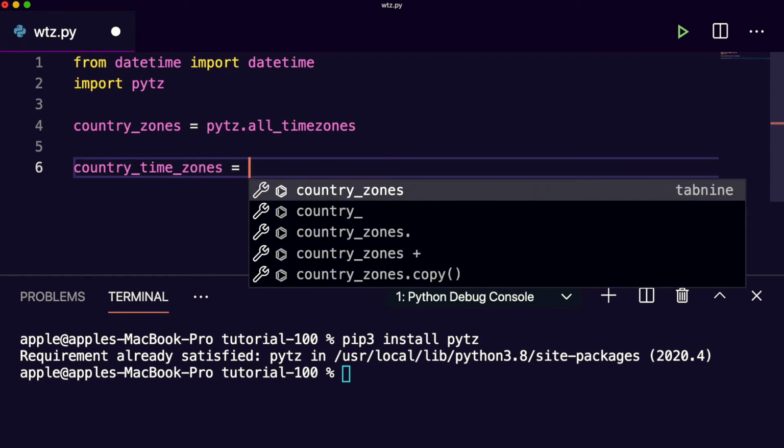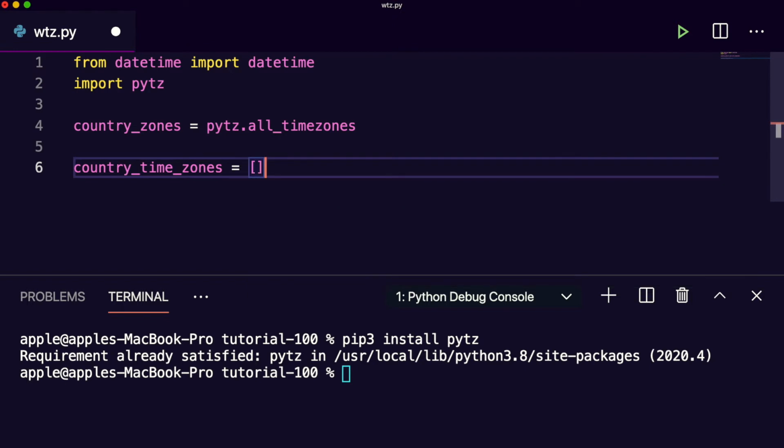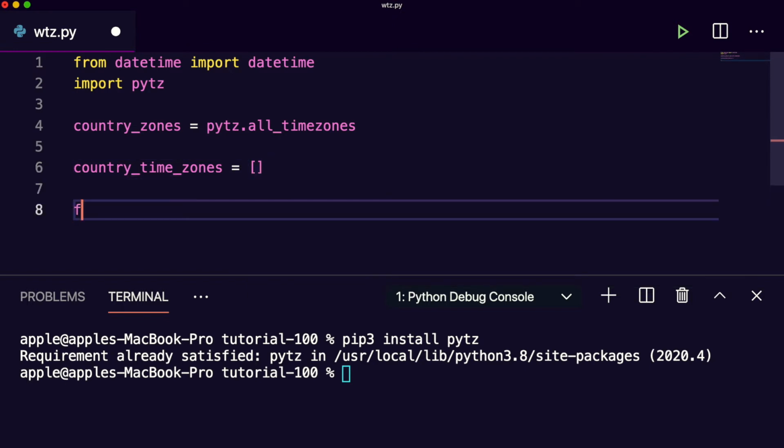Now we'll go to the for loop so that we can append all the time zones for the countries.